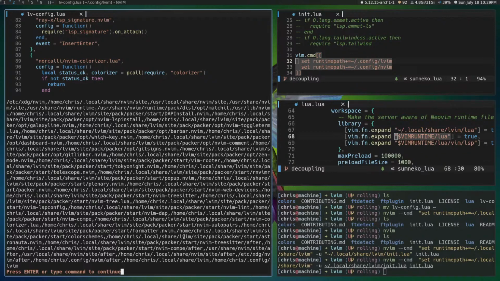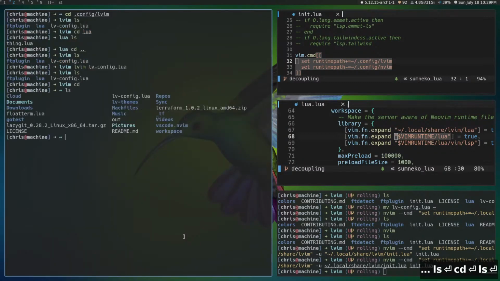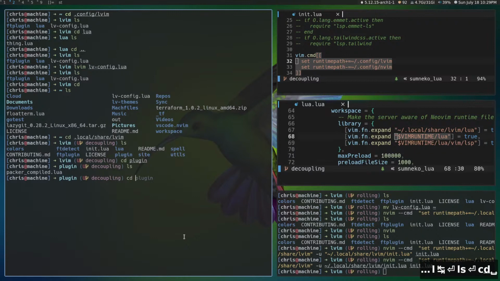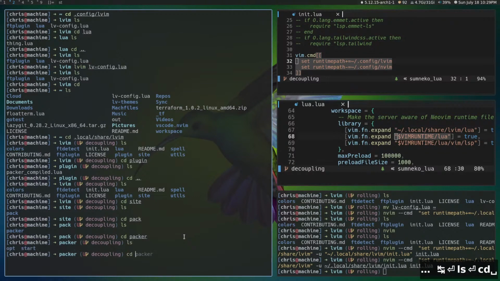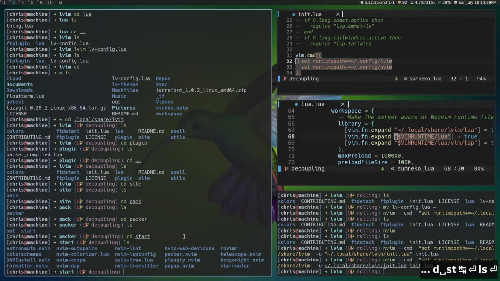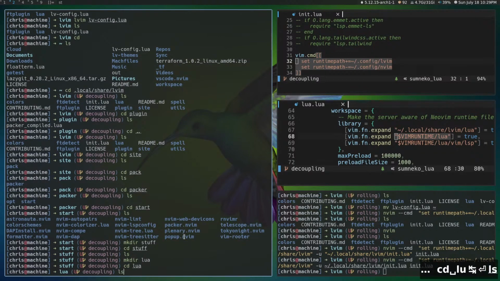I'm curious as to how Packer likes letting other things have Lua be there. Like, let's say I did something like this: .local/share/lvim, and then if I go into plugin, site, packer, start. What if I did something like make dir stuff, I cd into stuff, I make a directory called Lua, I cd into Lua, and then if I copy